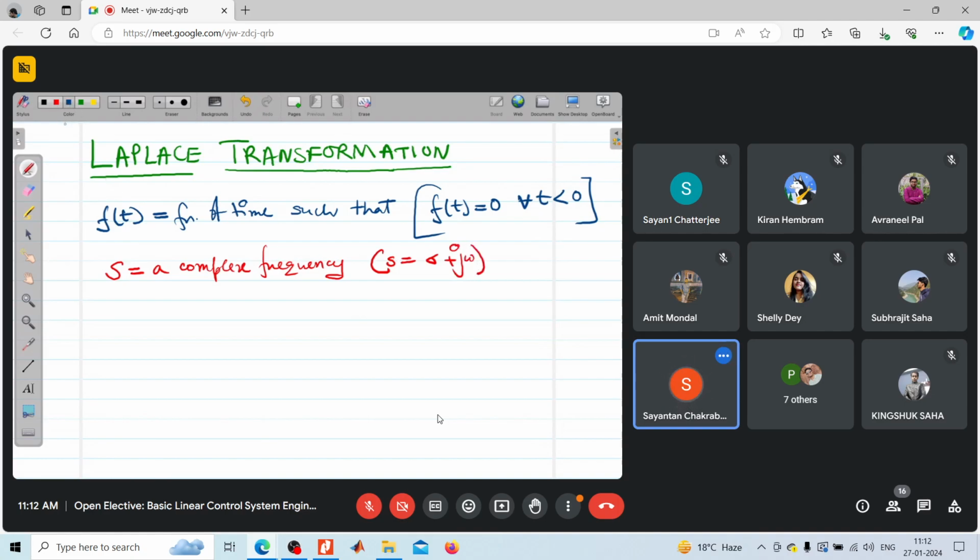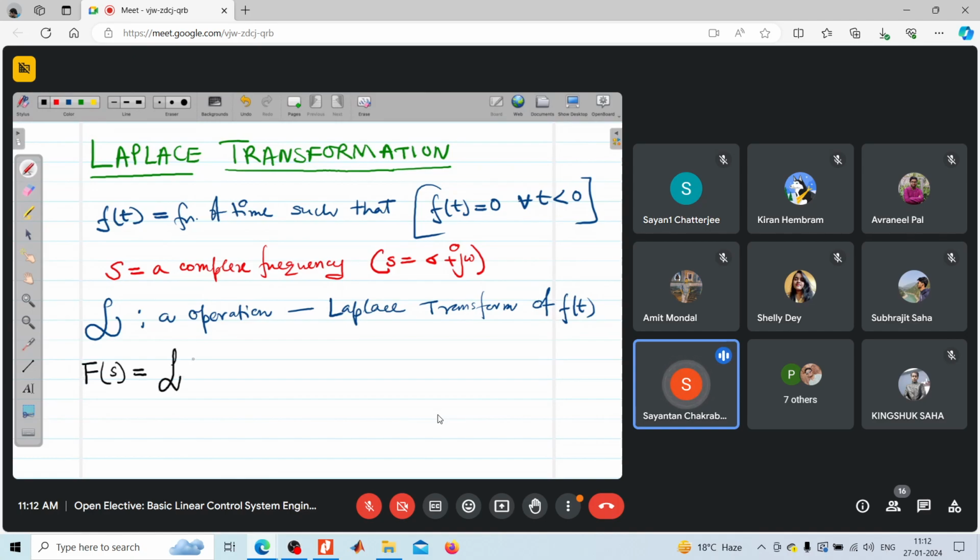Now we define an operational symbol L, which indicates the operation, that is Laplace transform, of say any f(t), right? And therefore we can write by definition that